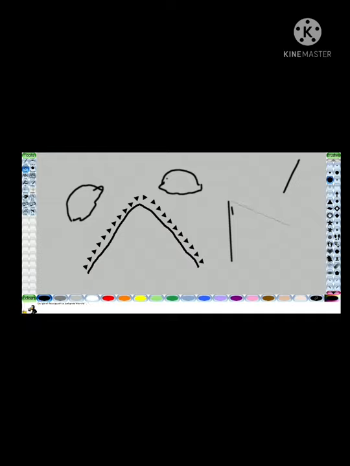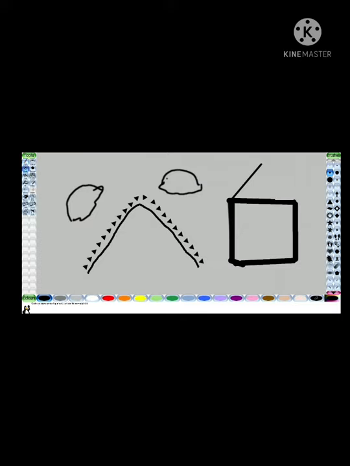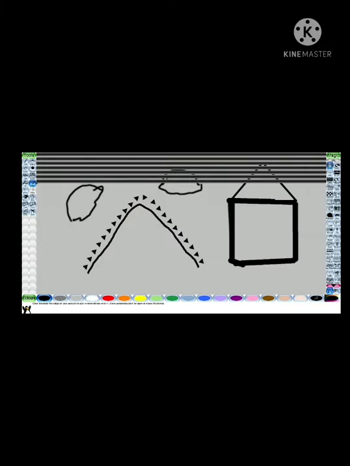Now the next one is how to draw lines in Tux Paint. To draw lines, you first select lines in the toolbox and then select the pattern of line thickness you want from the selector. Then click and drag the mouse keeping the left mouse button pressed. Okay, release the button where you want to end the line.